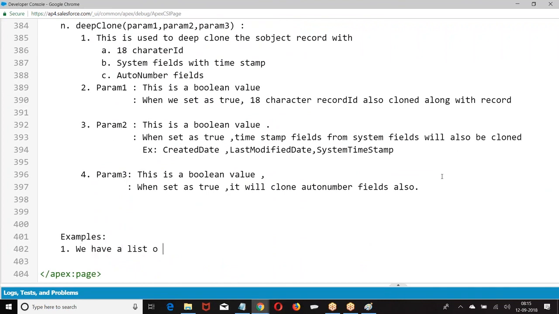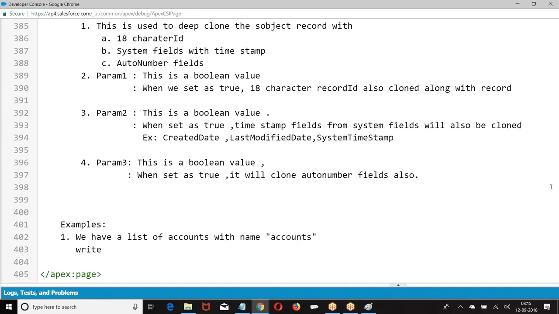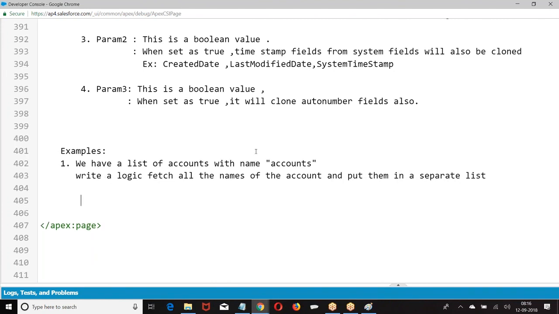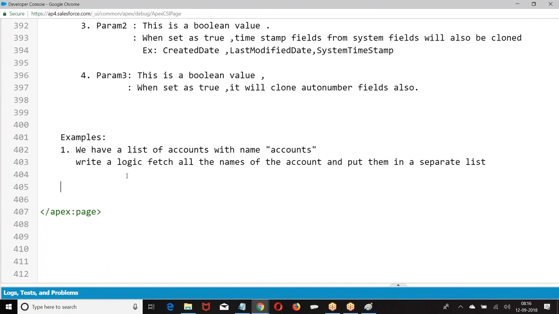We have a list of accounts. Write a logic to fetch all the names of the accounts and put them in a separate list.